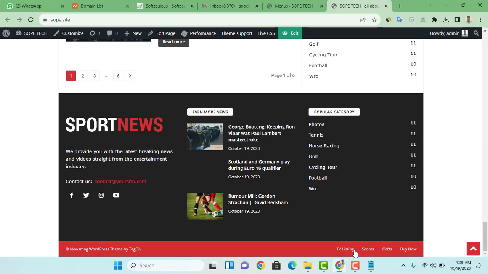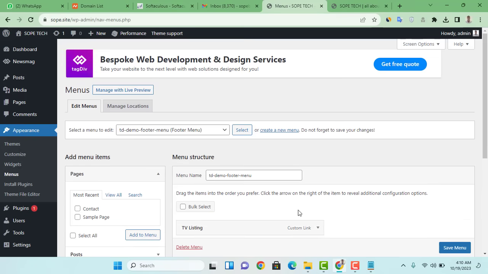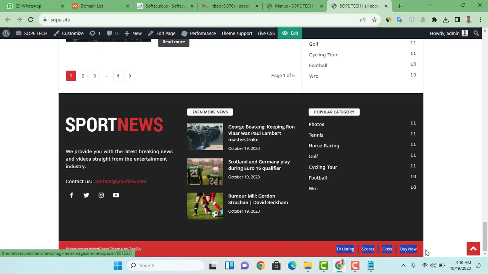Can you see something? Listening, score, odds, and buy now. That is a footer menu. If you don't like it, you can delete the menu. Are you getting it? If you don't want something to be at the bottom side of your site